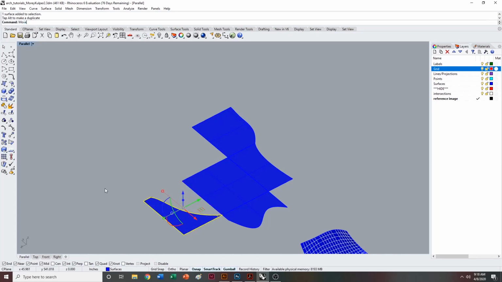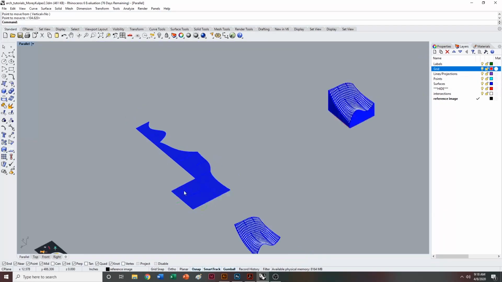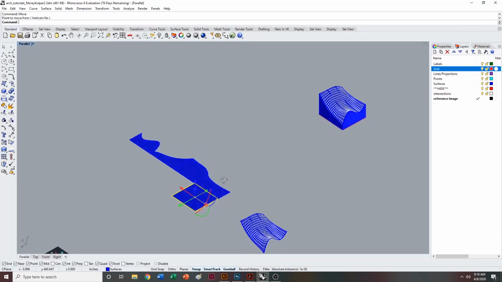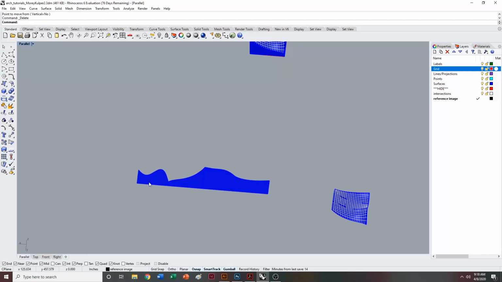I'm basically going to make them all align so that this single flat face, the opposite of my curved piece, is a consistent datum line throughout the entire thing. Again, I'm just selecting something, typing in the move command, and moving it to a new point. And I actually don't want this bottom piece. It's kind of boring. So now that I have all of these in a straight line,